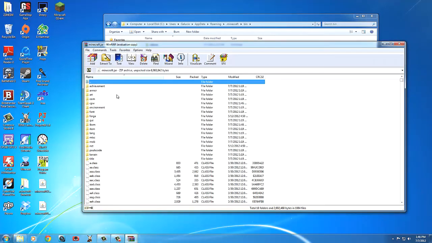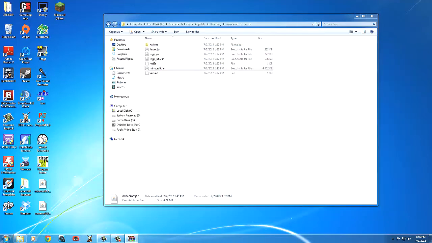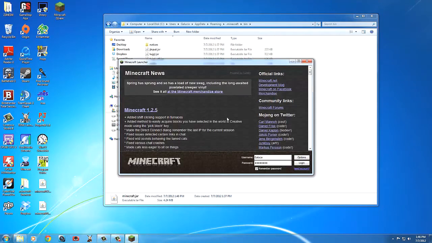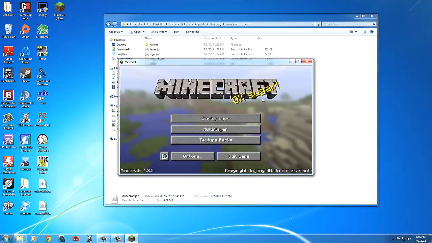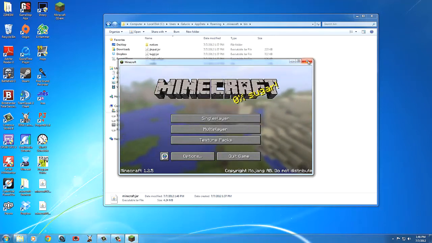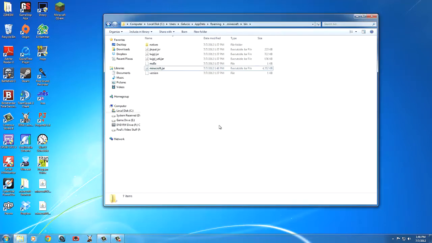Boom. All right. That should be good. Once again, I'm going to open up Minecraft. You don't have to do this. This is just kind of my own tedious step because we know that ModLoader worked. So if right now Minecraft doesn't launch for some reason, which it did, if it didn't, then we would know that it was the fault of MC Forge, and then we can figure out what went wrong.